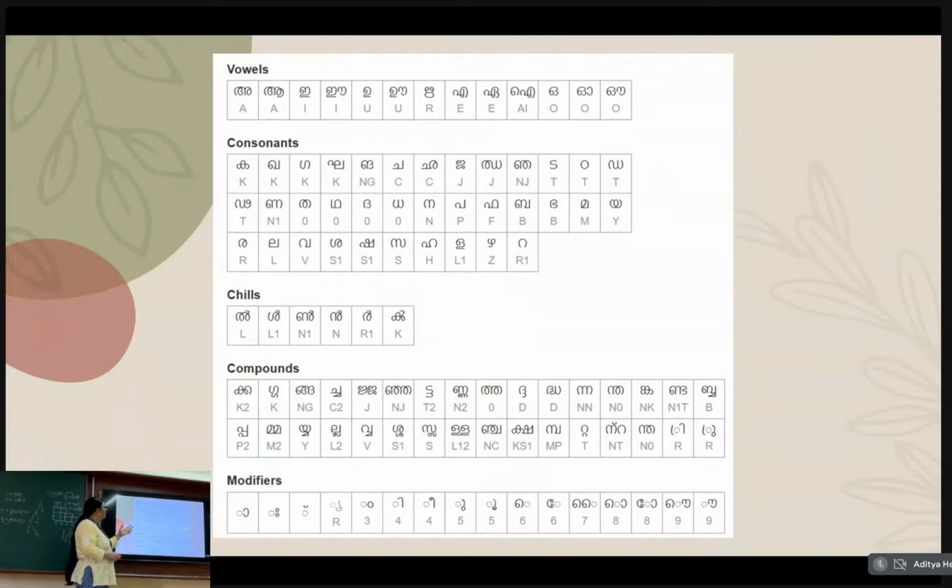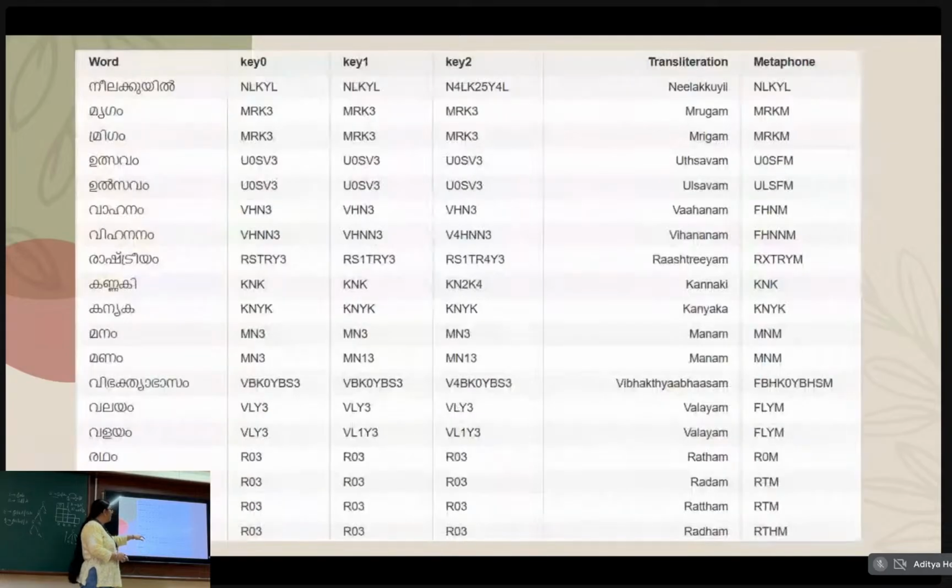So the process of making this search algorithm is, you get a Malayalam word, you make sure that there are only Malayalam letters in there, and then you split it into letters with modifiers and letters without modifiers. And then further, the letters with modifiers you split into compounds and non-compounds. And you do the same for the words that have no modifiers, right? And then you effectively replace each and every letter with the key value,